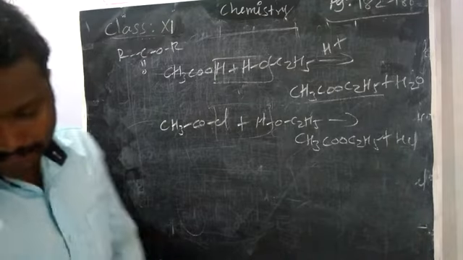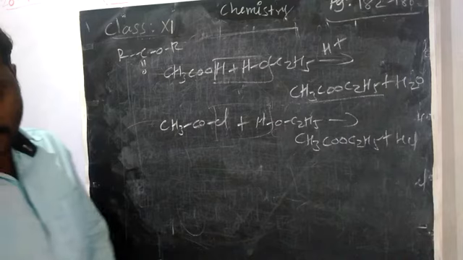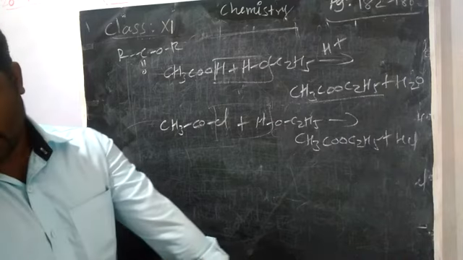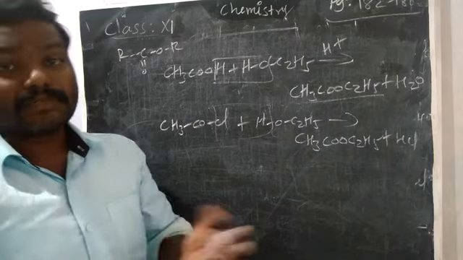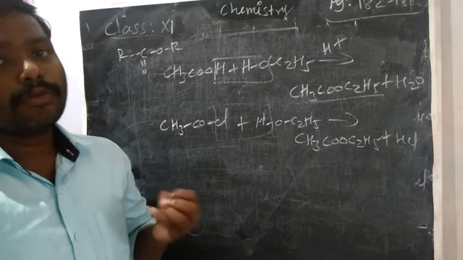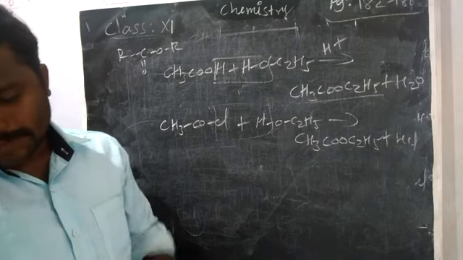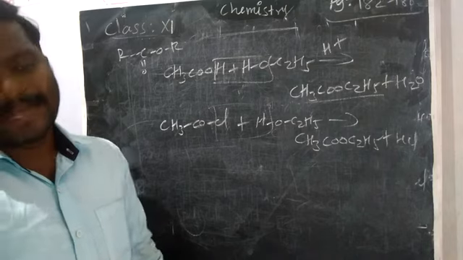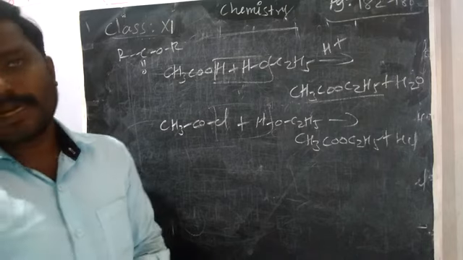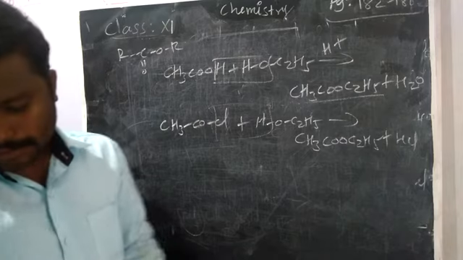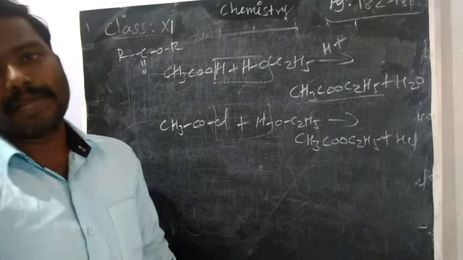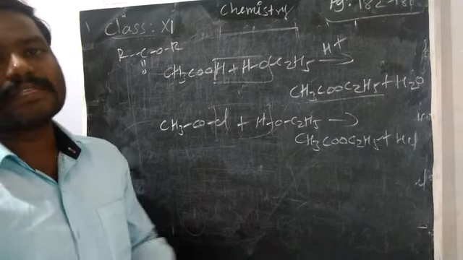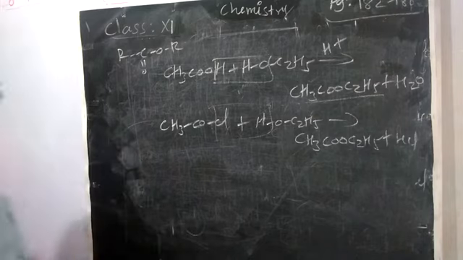Okay. Then some physical properties of esters are also given. Some fruits have esters, because we know that esters have a fruity smell. See, banana has amyl acetate, then ethyl butyrate is present in pineapple, and apricot has amyl butyrate. Several esters like these are present in fruits.